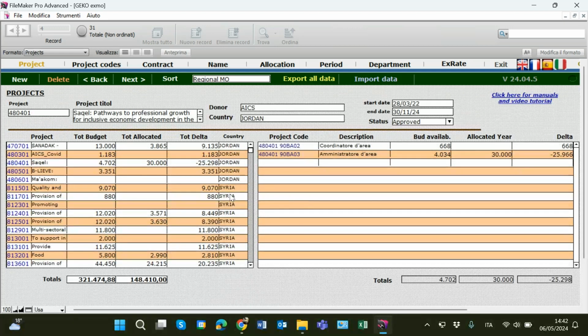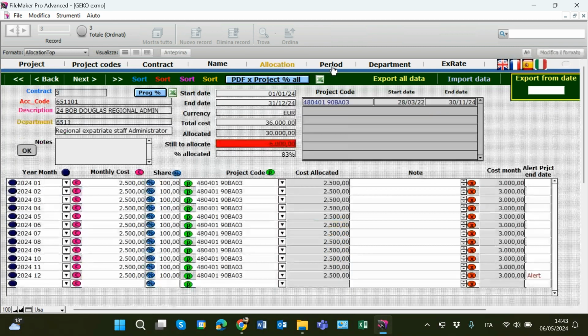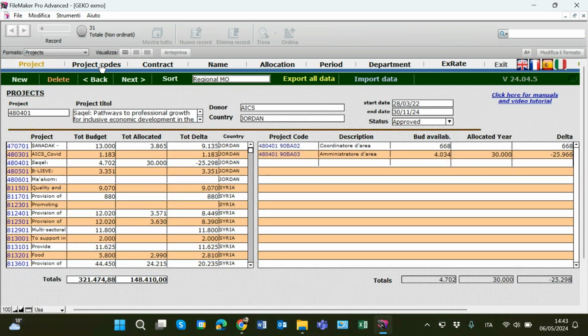This session is dedicated to explaining how to manage importation in Geko from the Excel file. In all sections, so from projects to project code, contracts, allocation, it is now allowed to import directly from Excel. The two sections, project and project code, are managed in a very strict and easy way, so it is enough